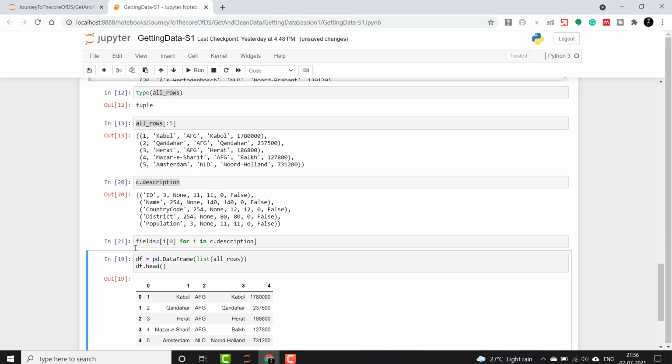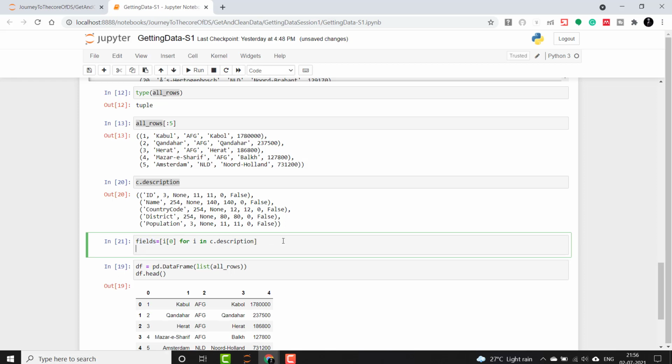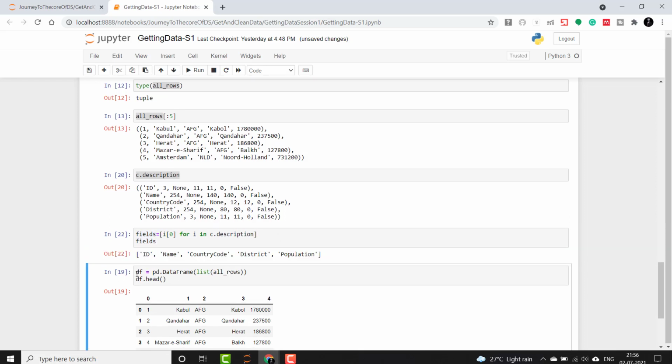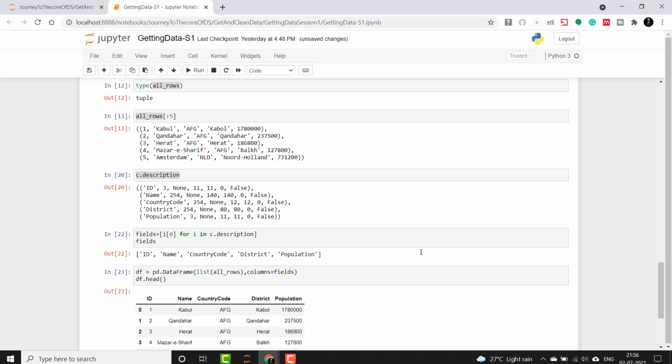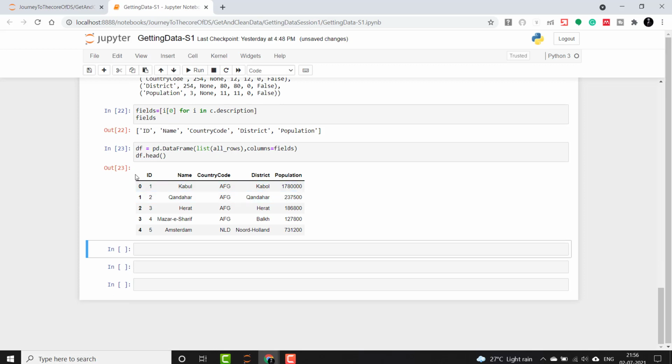Okay, so when I execute it, you guys will see that it has fetched all the columns, and now we can specify the columns parameter here like we have done before. Okay, and specify the fields so that next time we'll get the appropriate columns with their data.